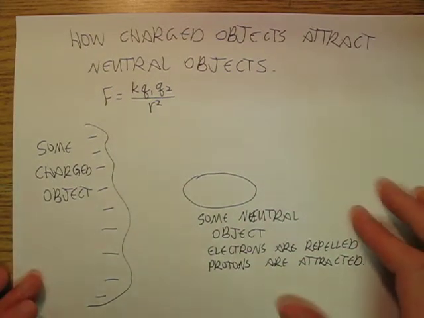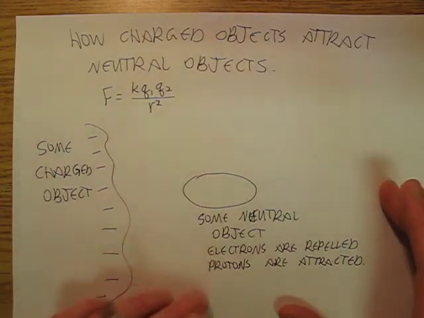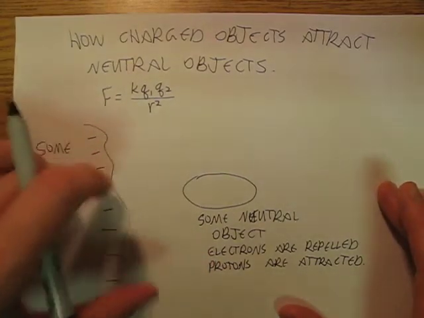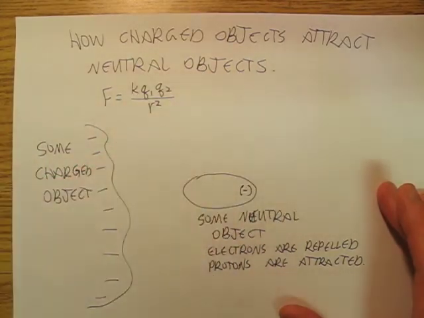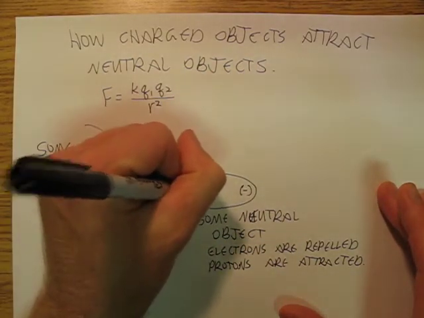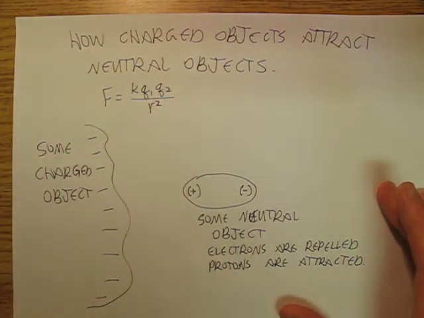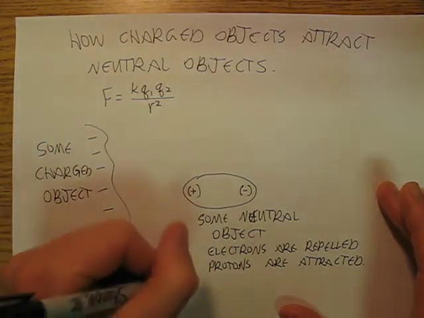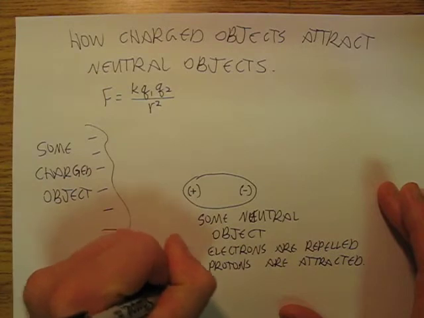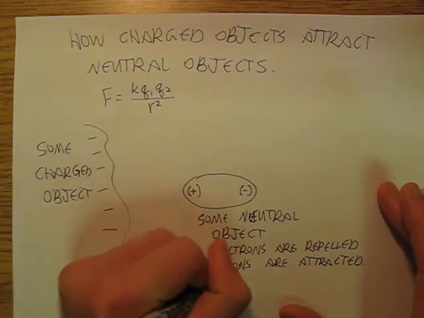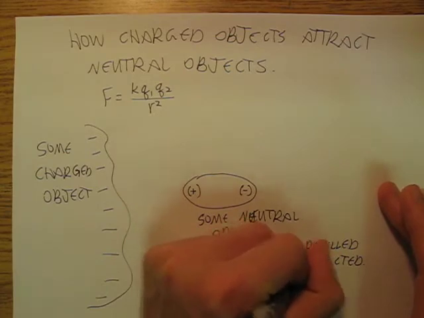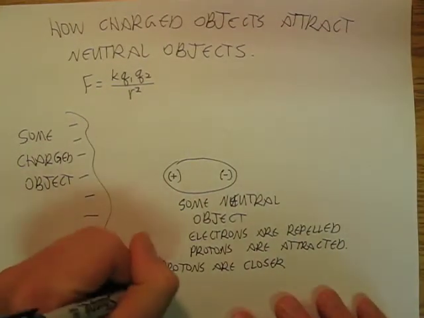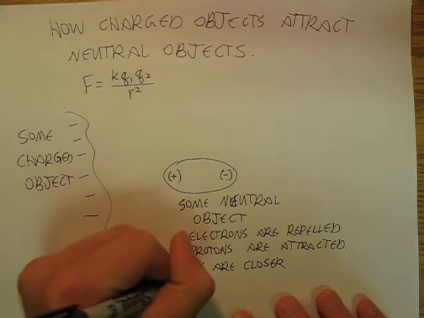Not a whole lot, but a little bit, and just enough so that some of the electrons end up over here and some of the protons end up over here, and so now the protons are closer and electrons are further,